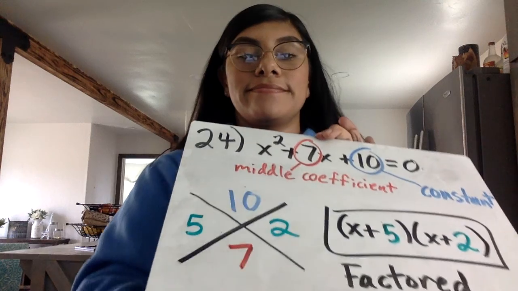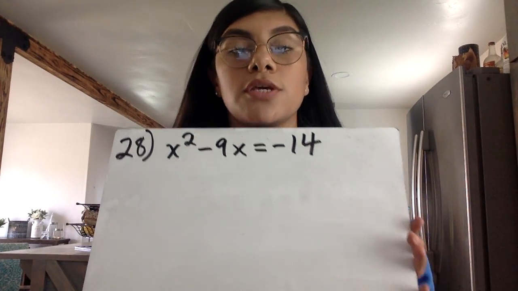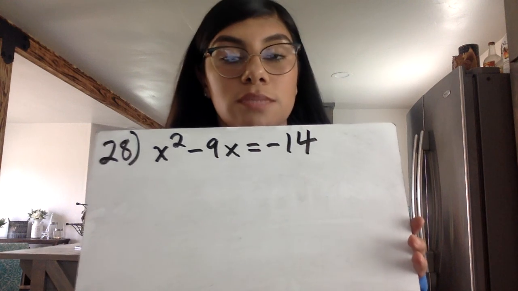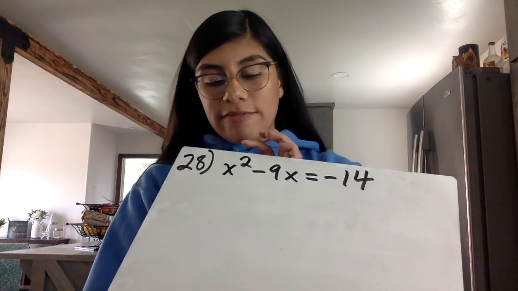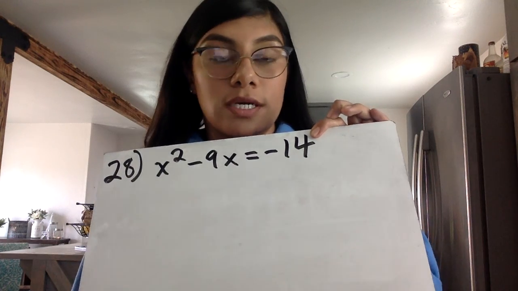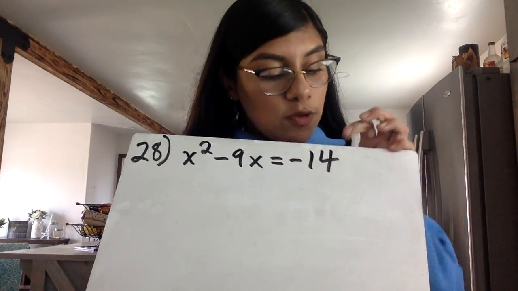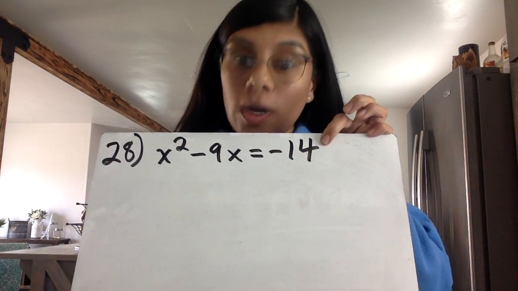Moving on to 28. This is the question that you are supposed to factor on question number 28. Notice how I have my 2 terms right here, there's an equal sign, and then I have my negative 14 all the way on the other side. In the previous example, question number 24, we had a 0 over here. So I want to